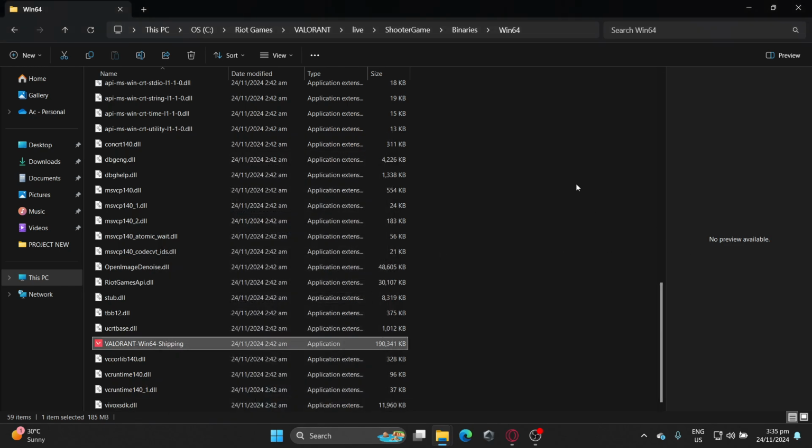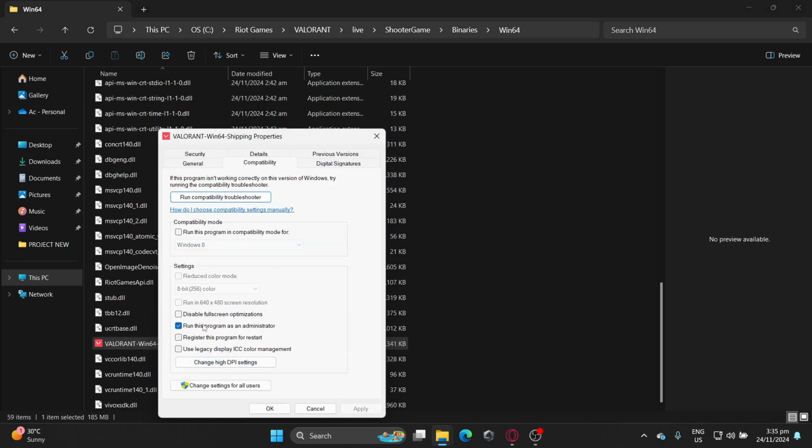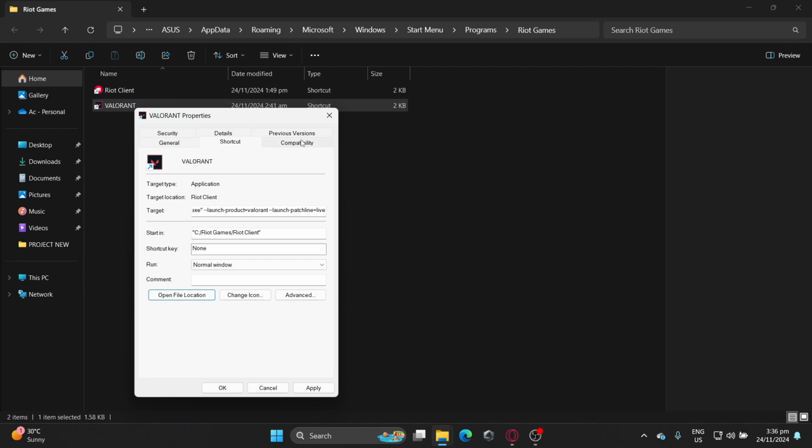And if you still have stuck on loading, go here again to uncheck the run this program as administrator. Then the next thing you will do is